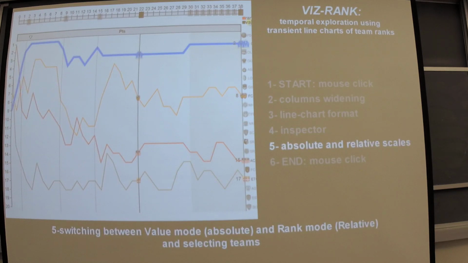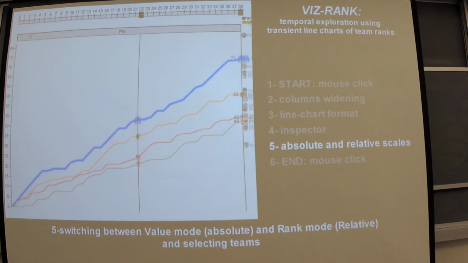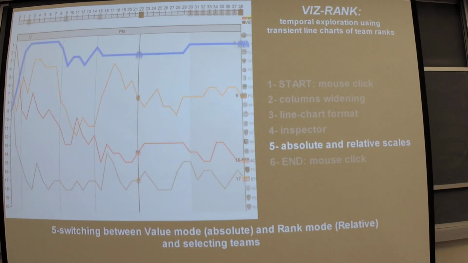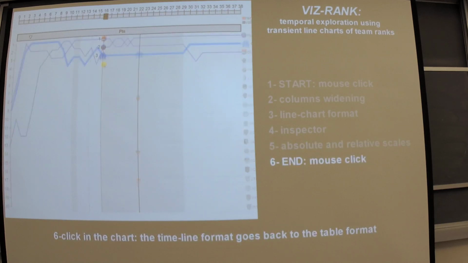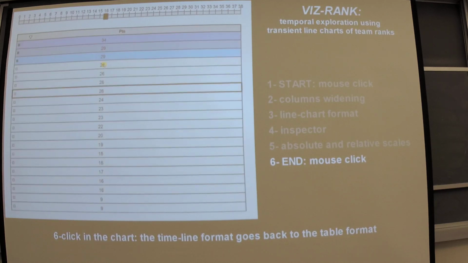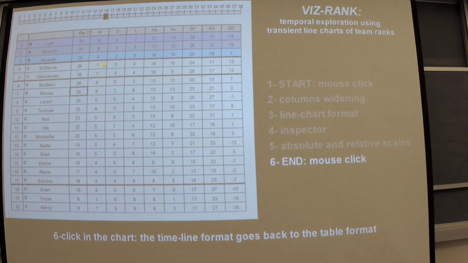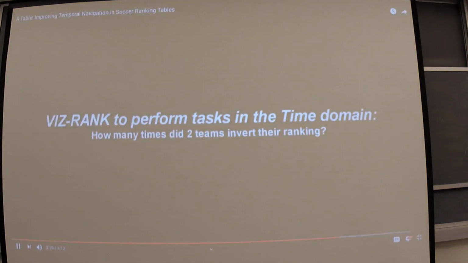VisRank provides two scales, an absolute scale, mapping line charts on the dimension values, and a relative scale, mapping line charts on ranks. The user can also select or unselect teams to show or hide their corresponding line chart. Finally, clicking the overview chart transforms it back into a table using the inverse transition with the selected time value. To illustrate the usefulness of VisRank,